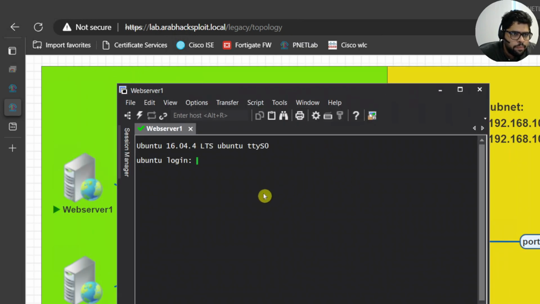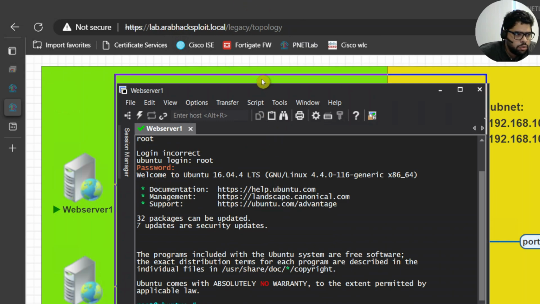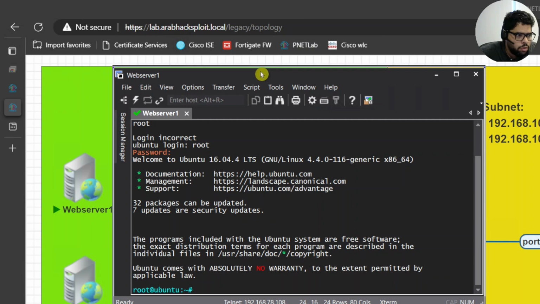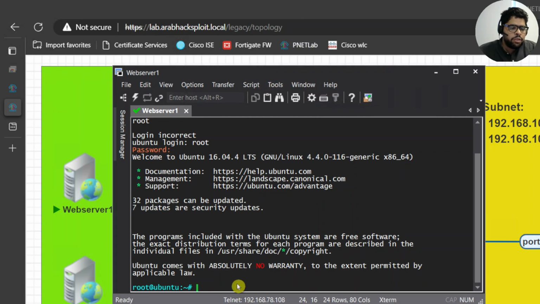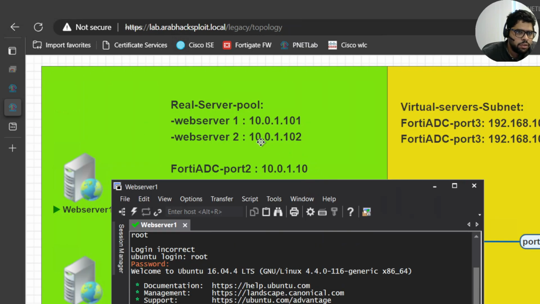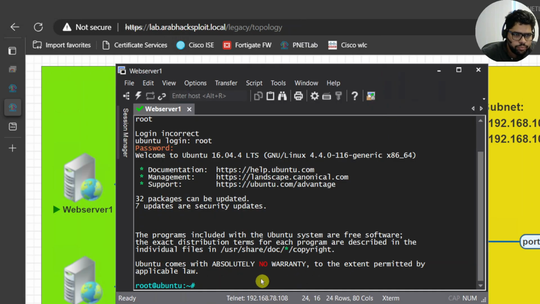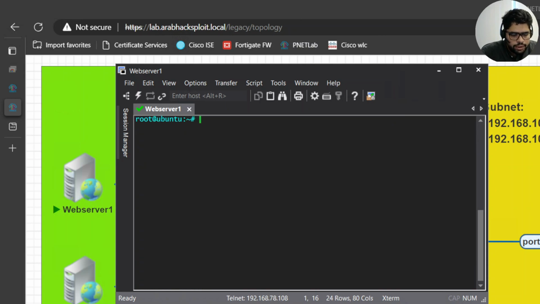This one here. The default will be root. Password root. Okay. And let's start configuring this web server with the IPs, which will be 10.0.1.101 for web server 1, and 10.0.1.102 for web server 2. Okay, so first of all, let's get